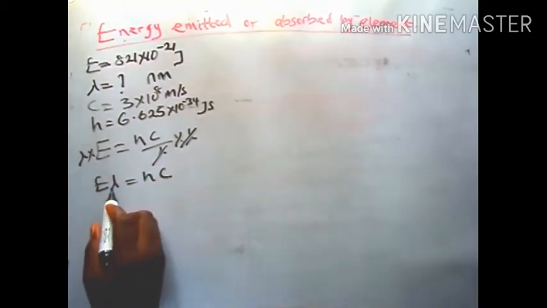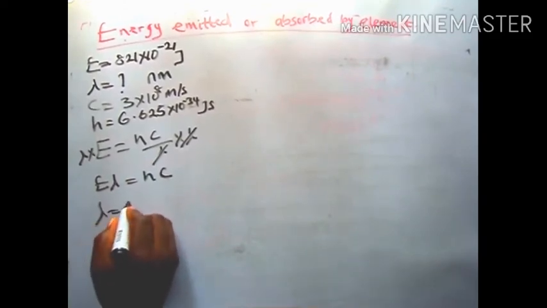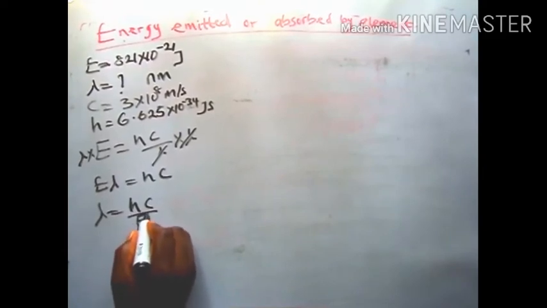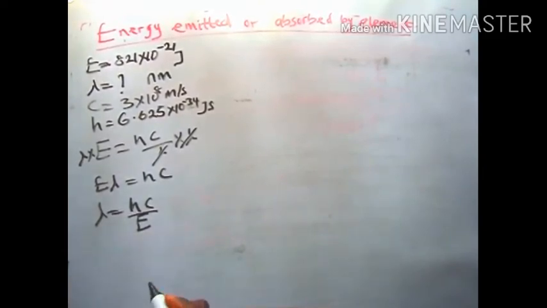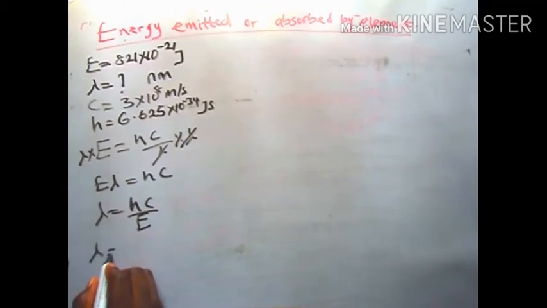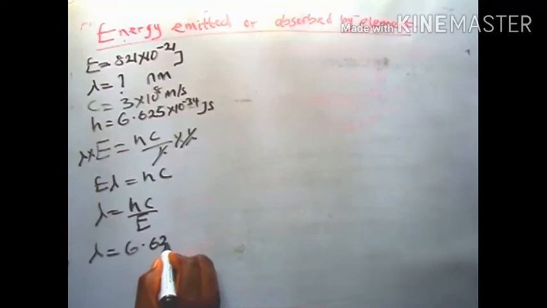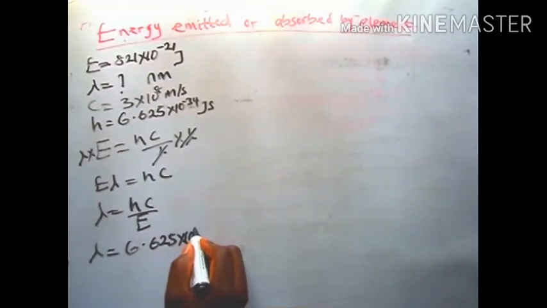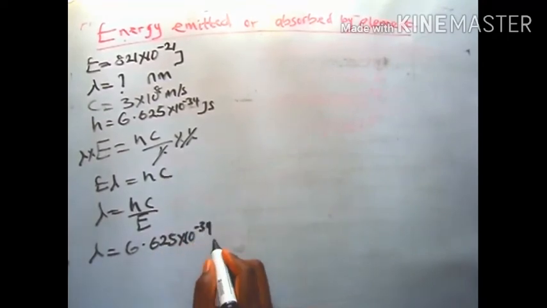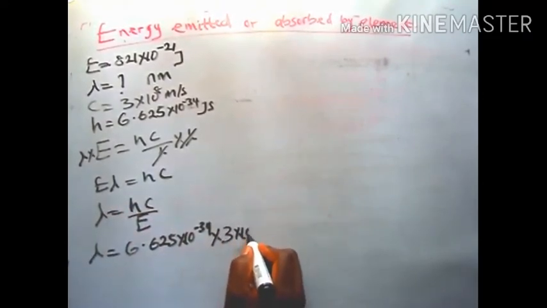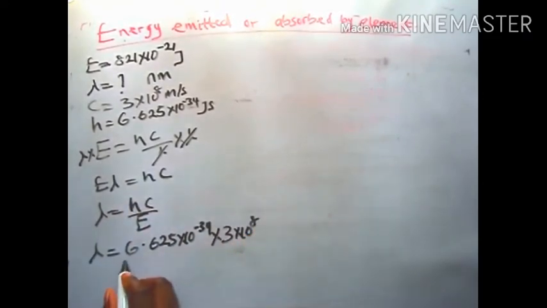Now we want to make lambda the subject of the formula, so our lambda equals HC divided by E. So this is what we're going to be working with. Now our lambda equals H, which is 6.625 times 10 raised to power minus 34, times our C, 3 times 10 raised to power 8, divided by